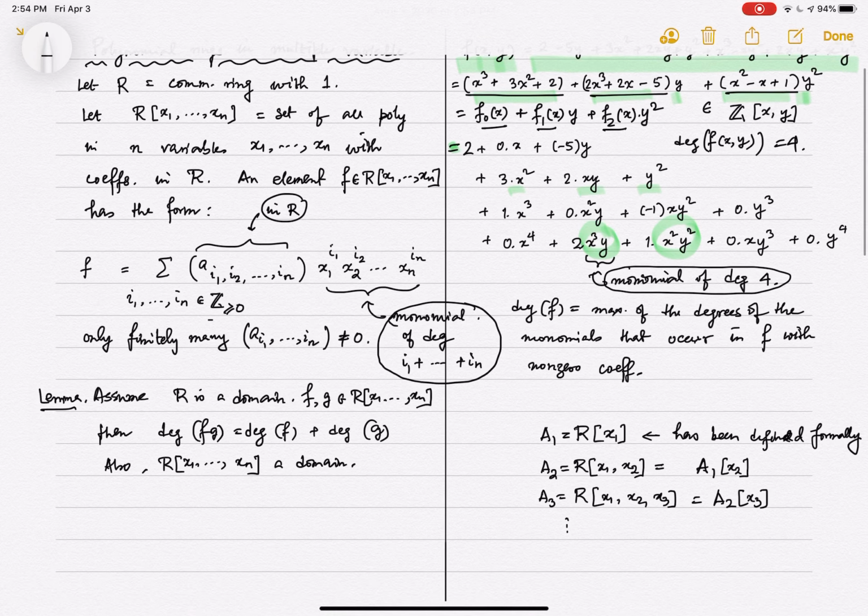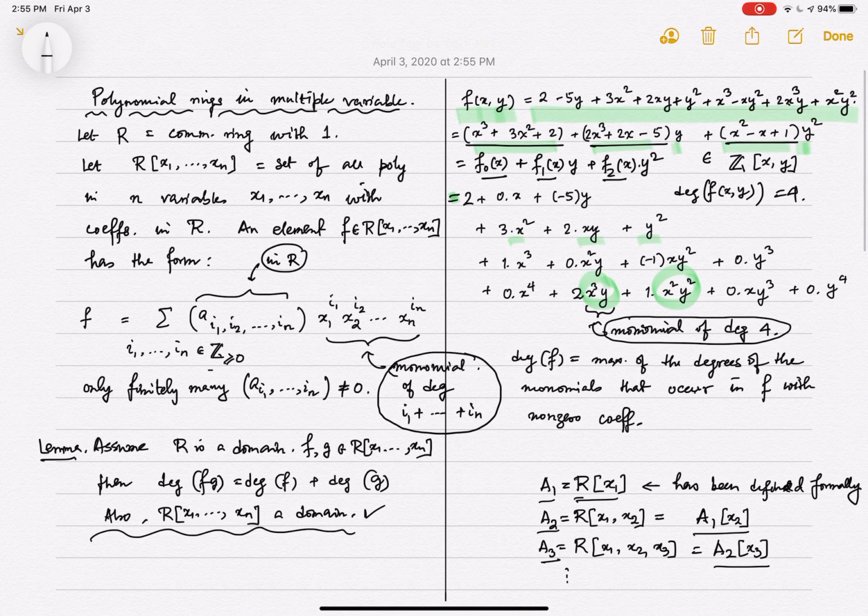The advantage of this is that now I can use the one variable polynomial facts. For example, if R is a domain, then the n variable polynomial ring is a domain. That follows from the one variable fact. Because R is a domain, R[x1] is a domain. Now that A1 is a domain, this is a domain, so A2 is a domain. Now that A2 is a domain, this is a domain, so A3 is a domain, etc. So this one immediately follows. And we know that there is a ring structure because they are all really polynomial rings in one variable. So we still have to write down this little lemma which tells you how to make homomorphisms from these polynomial rings. We'll do that